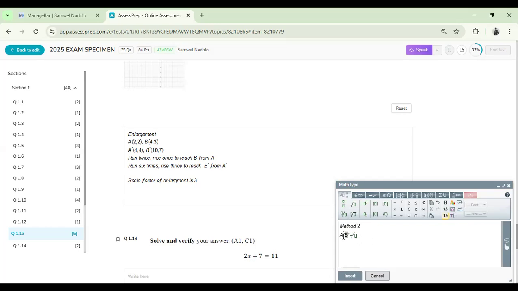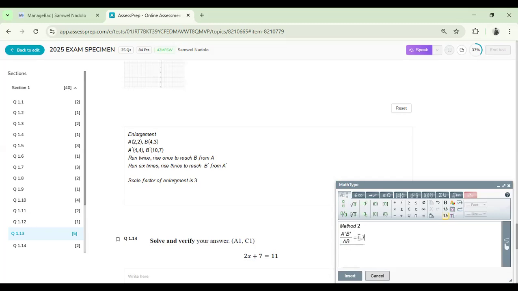Let me copy A prime, B prime. So A prime, B prime divided by AB should be equal to, we said that was